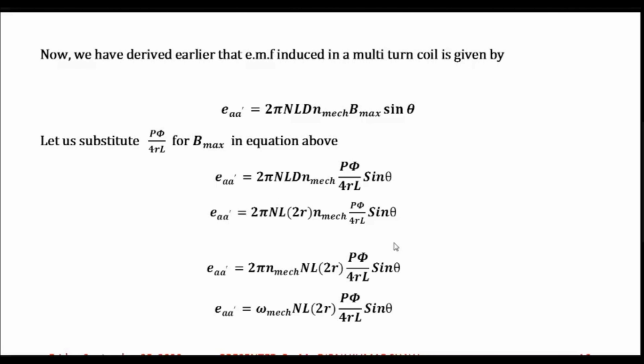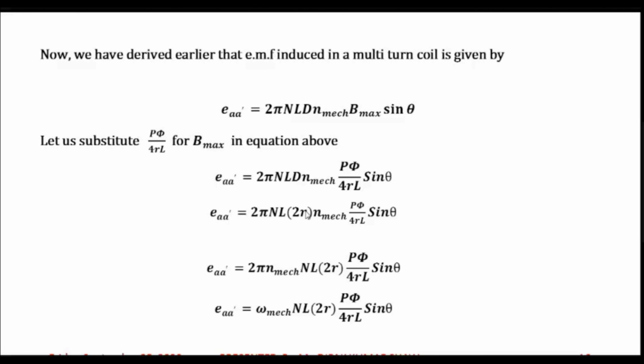So you can just view over here that we are only substituting P phi by 4 RL in place of Bmax in the above equation, and thereafter we are making some simplification. Yes, we are replacing the diameter by 2r,